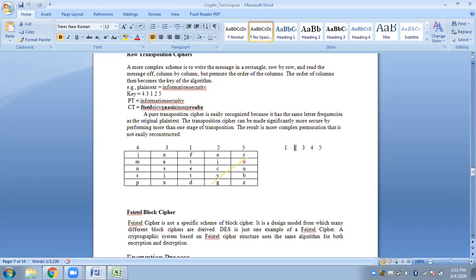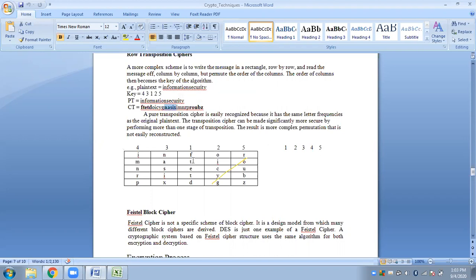Then I have 2. So what are the alphabets belonging to this particular row? I have these alphabets, that is O, I, C, Y, G. If you can see, I have placed it accordingly: O, I, C, Y, G. So these characters are from the row pointed by 2. Next I have 3. For 3 I have NASIX. So again, this is for 3.